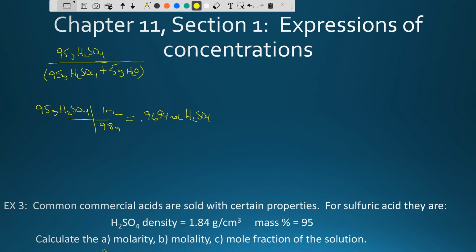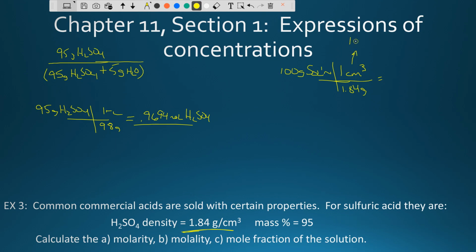I have 100 grams of solution. Okay, 100 grams of solution, and here's my density. So 100 grams of solution, and I want to go 1.84 grams per cubic centimeter. Okay, we've got to remember a couple of intuitive things along the way with this. So if I have that many grams per solution,